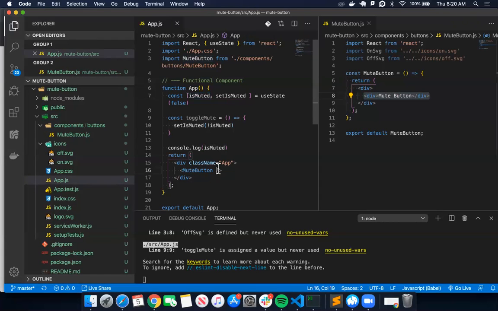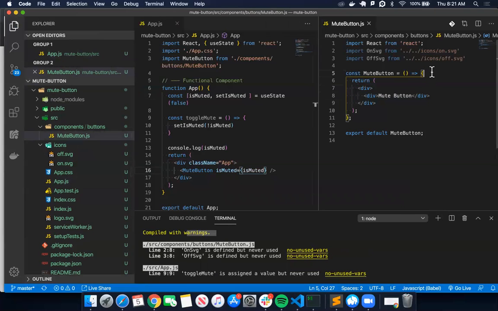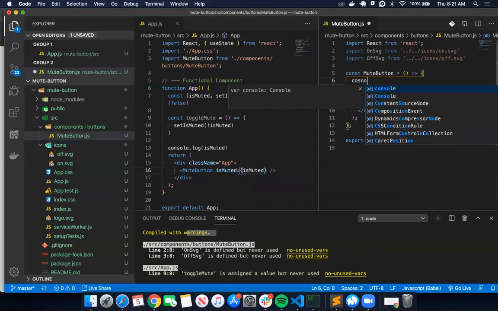Anything. So I can do is muted. I'm going to call it is muted. I can call it anything. I want to pass down the state is muted. Is muted. So cool. Now I just want to console log